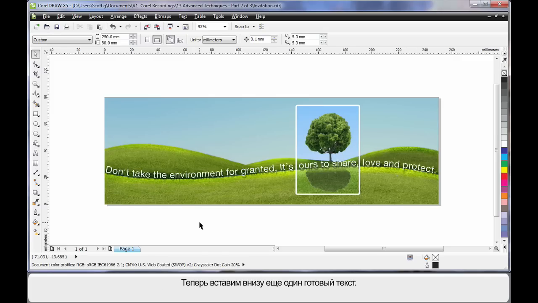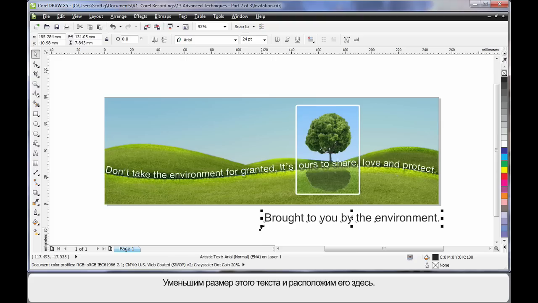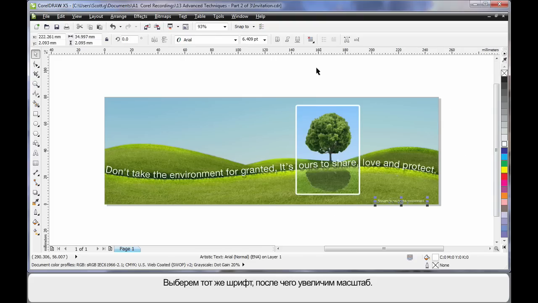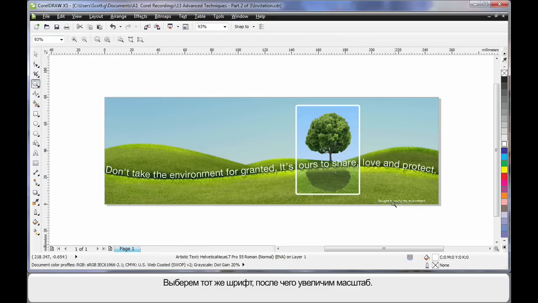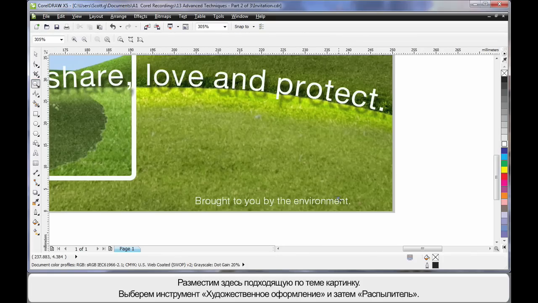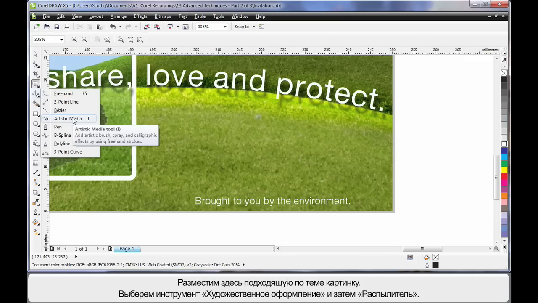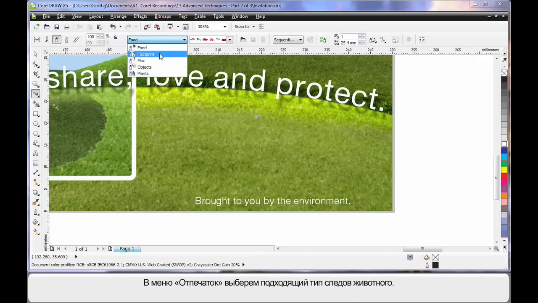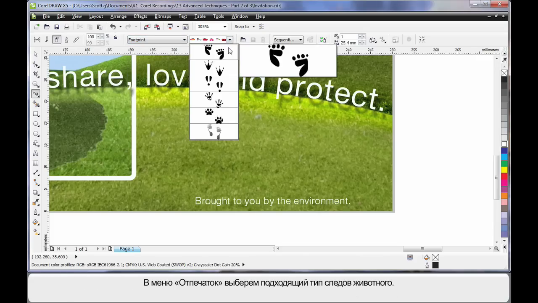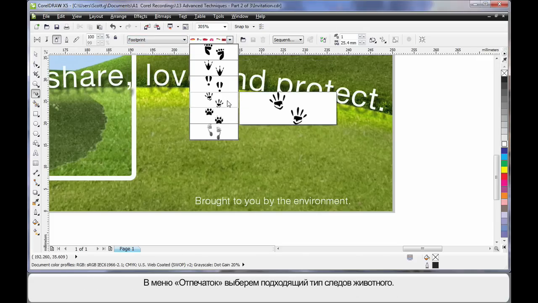Now I'm going to paste down some more text that I've created, and again we'll shrink that down in size, pop that there, make it white in color, and again we need to choose that same typeface, and we'll zoom in. I want to place an environmentally friendly picture here, so I think what I'll do is select the Artistic Media tool, choose Sprayer, and if we go with Footprint and choose an interesting animal style footprint,